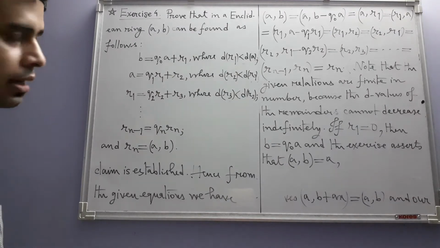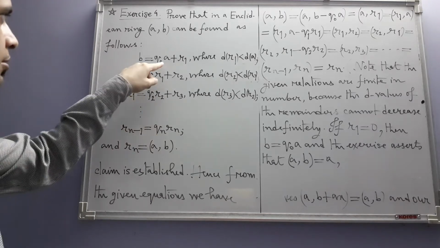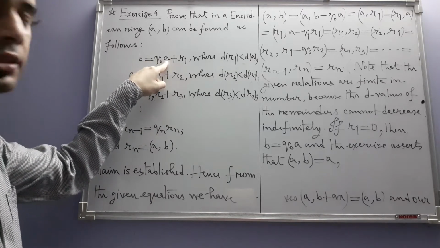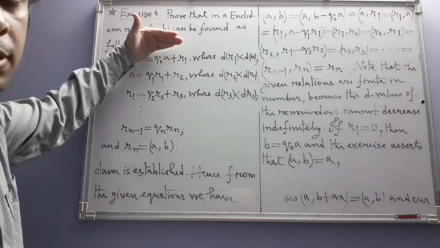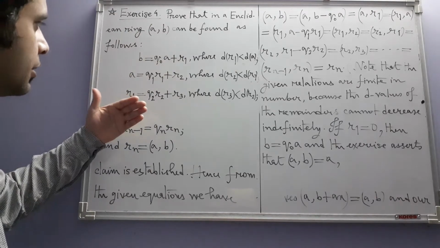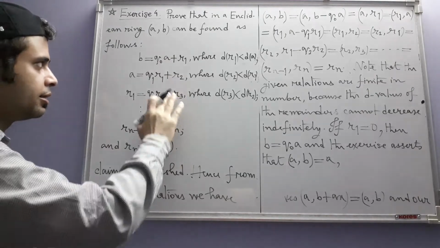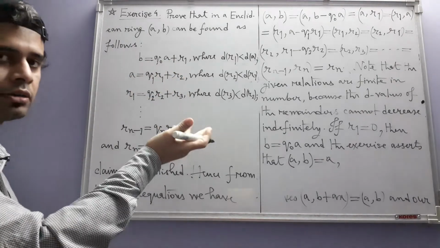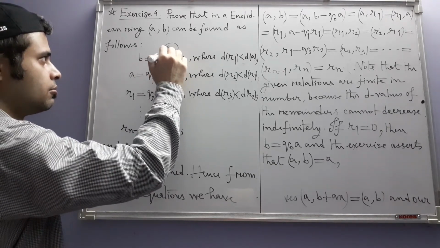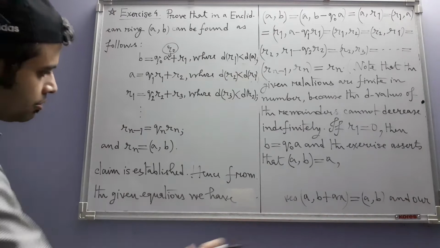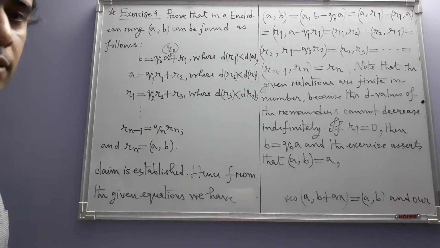Last non-zero remainder, if you are thinking of the process in this way and you view A itself also as a remainder, although A has not come from any previous step, you can just simply treat it as a remainder. The way the pattern is going, if you want to include A, because we are after all dividing by A, you can think of it as say R naught. Then the whole process says that R naught is the GCD of A and B.